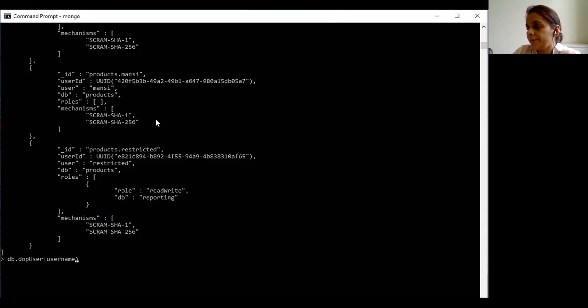Now, if you want to update the roles of a given user, then for that the command is db.updateUser. With this command we can specify his roles. Here we will specify the name of the user. Let us say the name of the user is Kushwant.